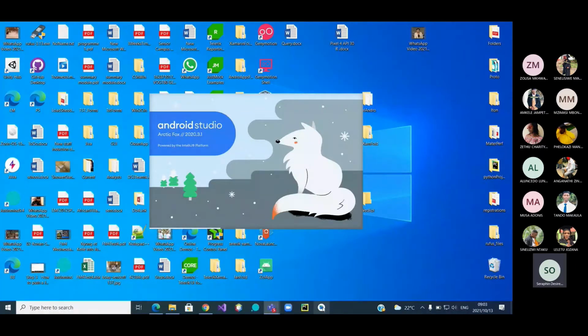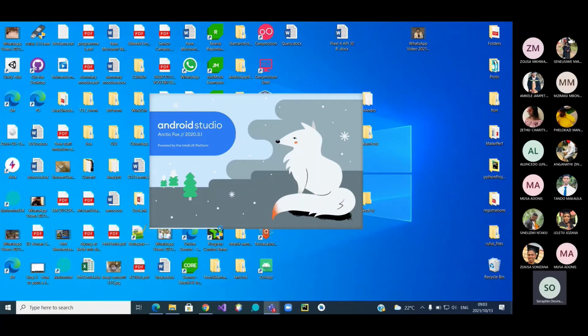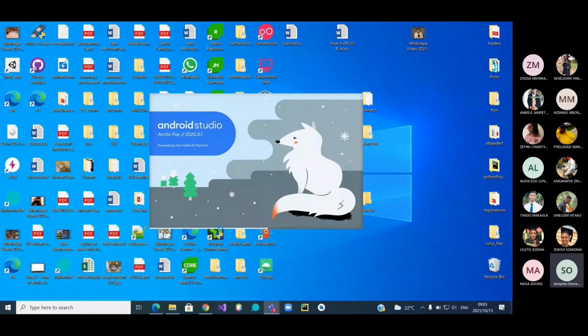It's now 9:03. Visual Studio is at this level now, almost opening, almost half. 9:03. We'll try to look at the time. How long will it take for us to finish this app up to the point where it will be opened